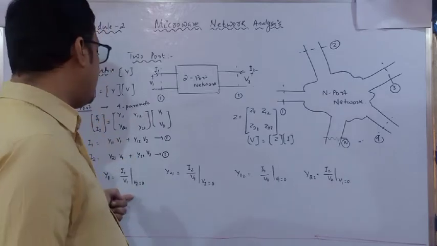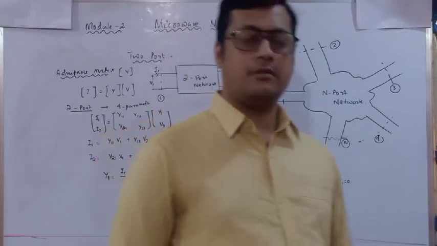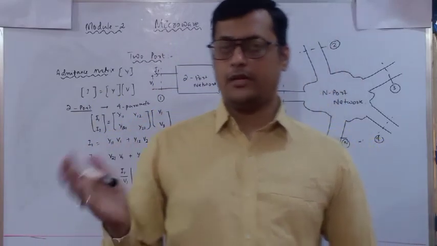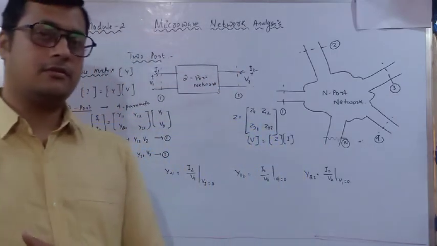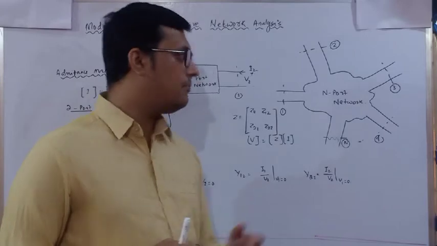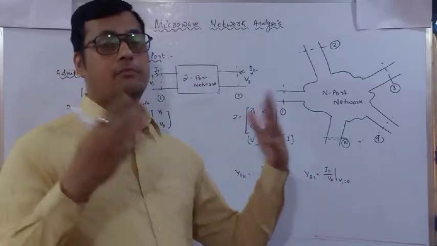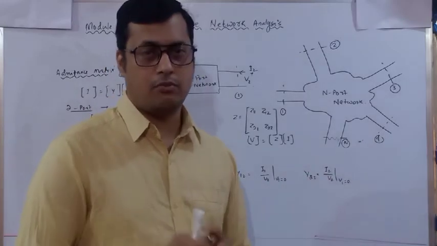So these are simple relations which we have already studied in circuit theory or network theory. I am not going deep into this, because we have already learned these things. Using those as a reference, we will proceed further to analyze nth-type ports. If it is an nth port, we don't know how many ports there are.